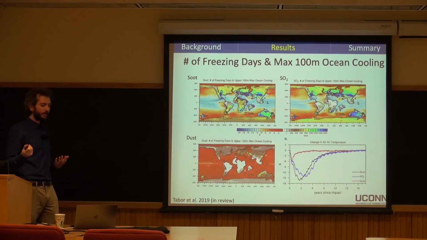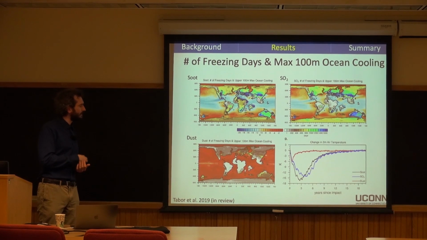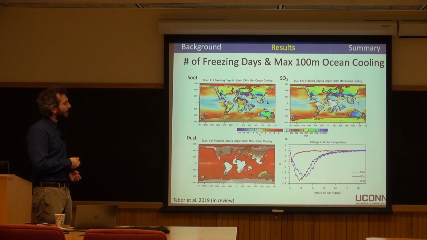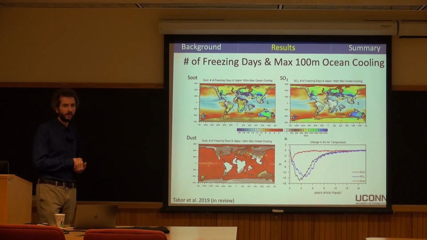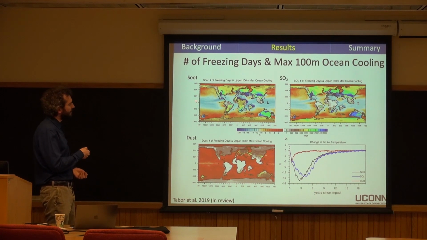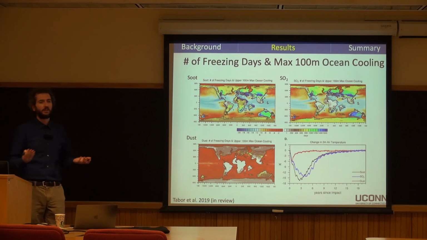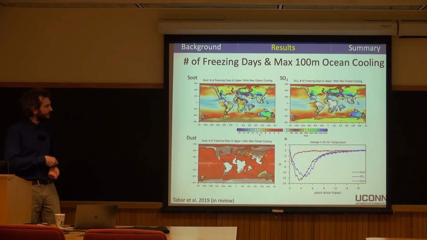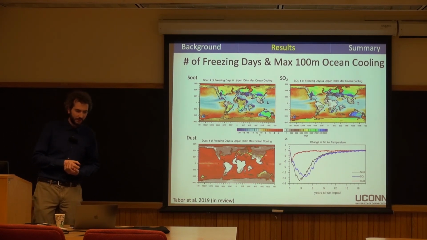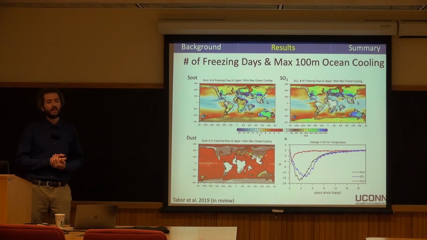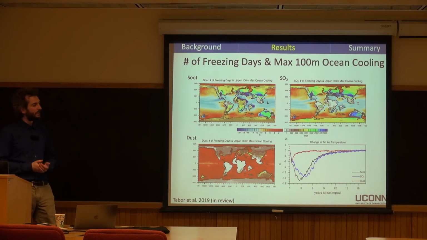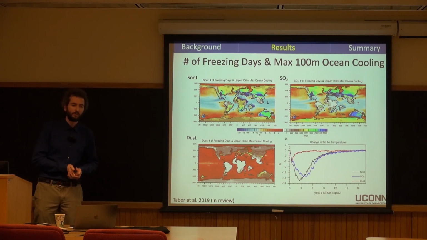If we then focus on the ocean responses and the upper 100-meter cooling, we can see a very similar pattern for the SO2 and the soot responses, with the greatest cooling in the low latitude regions, in large part due to the reduction in the incoming energy, obviously just not heating things up much there. When we look at the higher latitude regions, we don't get nearly as much cooling in these areas. This actually relates in large part to the increase in deep water formation, and I'll show that plot in a few minutes.